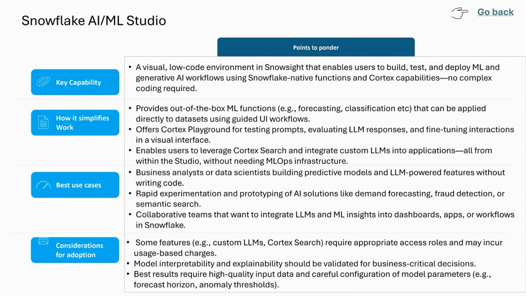And for teams wanting to collaborate within large enterprises, they are able to seamlessly integrate the LLMs and the ML insights into their dashboards and their workflows. So net, AML Studio helps give them a good graphical UI without somebody writing the code from scratch.